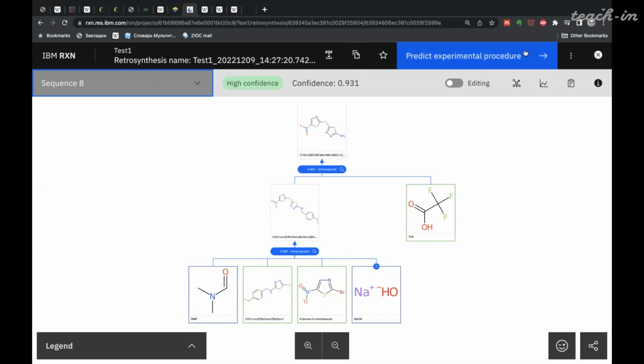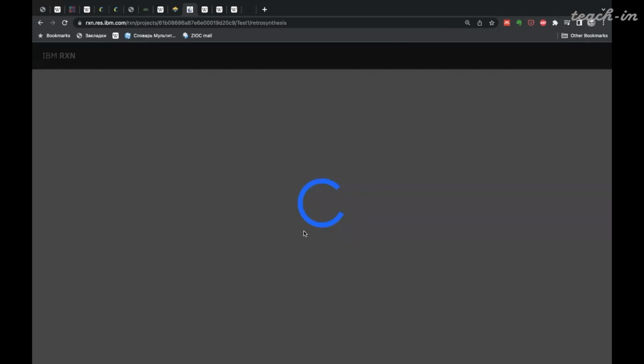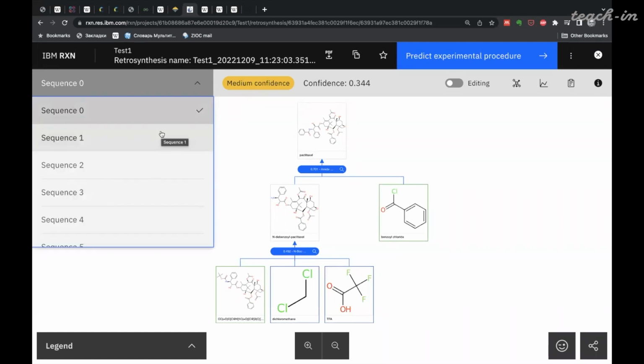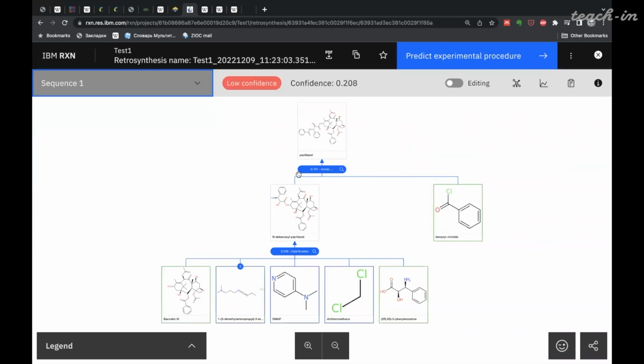And we can also analyze a job I have submitted earlier today, and this is a job for retrosynthesis prediction of taxol. So there are several proposed sequences,